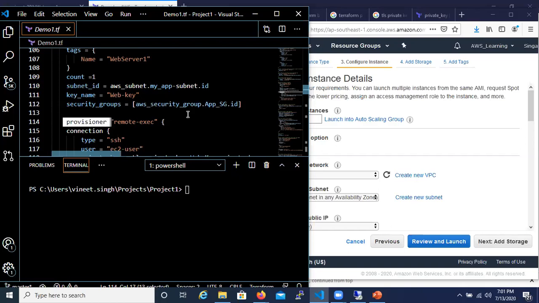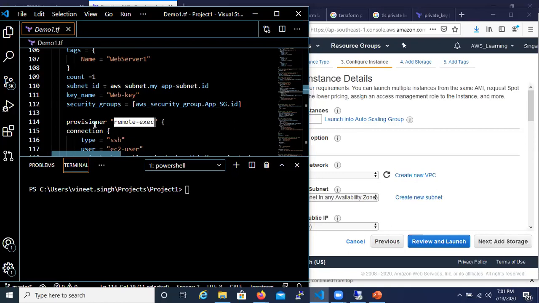Provisioners can be local provisioners or remote provisioners. When you want to run some commands on your remote web server, we use the remote-exec provisioner. And when you want to run code on your local system itself, then we use local-exec.